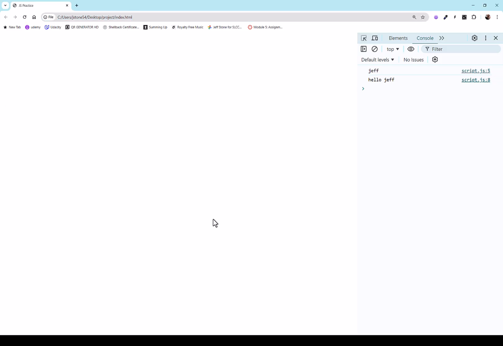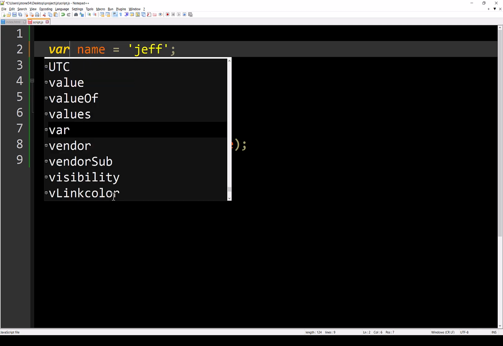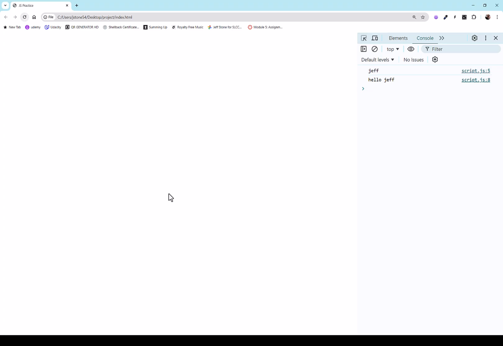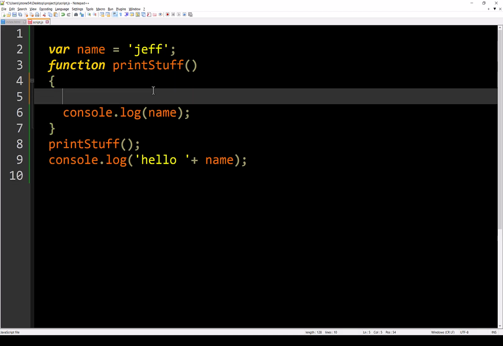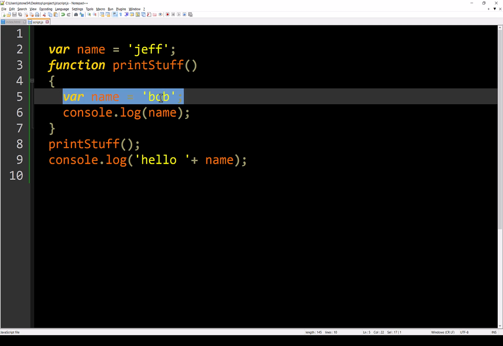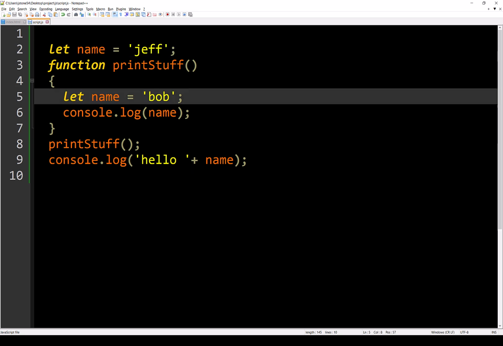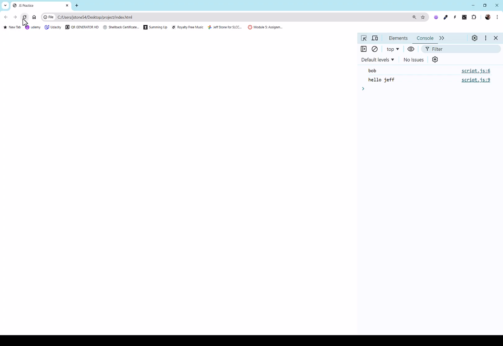We refresh, nothing changed. So what's the difference between var and let? Well, let me show you one difference. If I say var name here, refresh, we're back to using var. And now inside this function, I decide to redeclare name and set it equal to Bob. Then I refresh, and it totally works. And you can see here that the first one prints Bob, the second one does Jeff. I was able to redeclare name. I'm not reassigning this name. I've made a new name on line 5 that is not the same as the name on line 2. If I were using let, you'll see that it still behaves the same way.